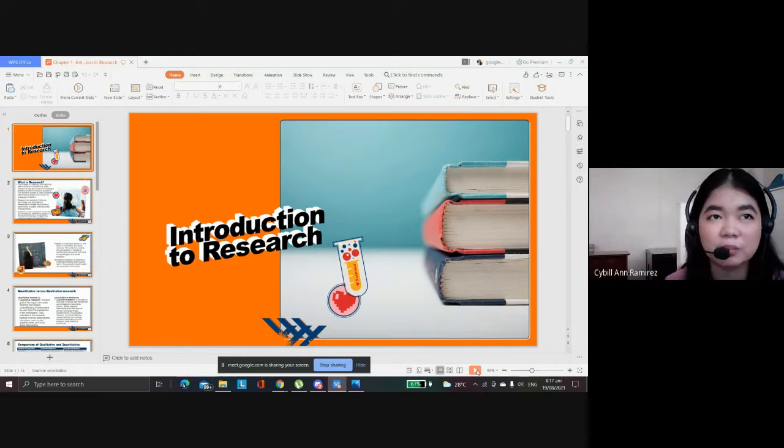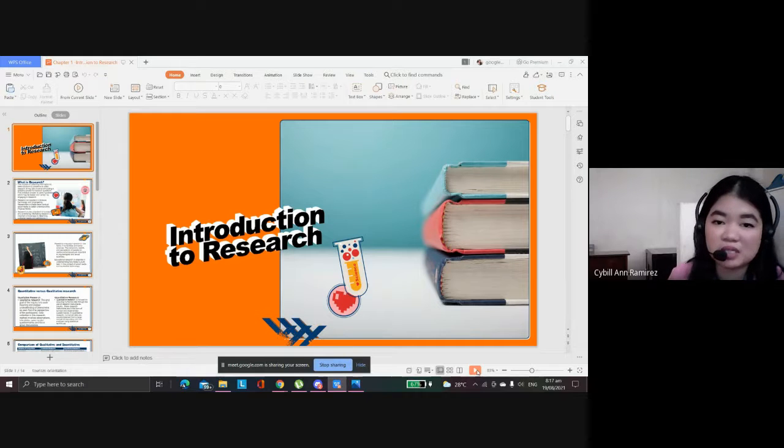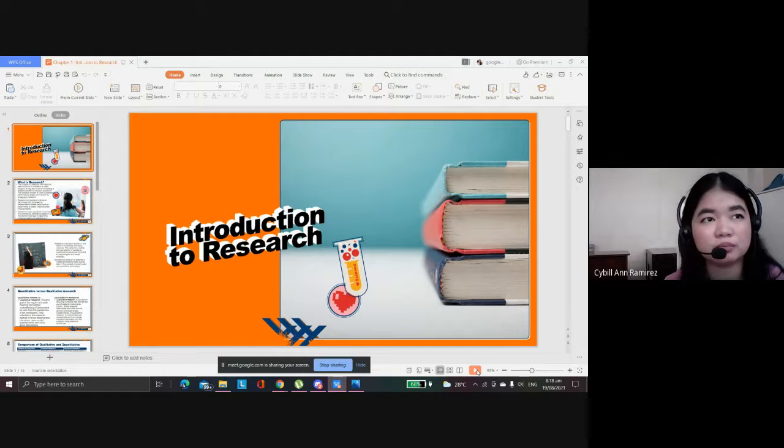And also variables. It is important to introduce you to variables because in your title, sometimes the dependent and independent variable must be present, but it's not mandatory. For example, if it's a feasibility study, naa may cases nga dili siya need nga present si independent o si dependent variable. My study doesn't have an independent variable because it doesn't have a cause and effect kind of process. Ang ako is more of an assessment or evaluation, which is if you would like to pursue that,